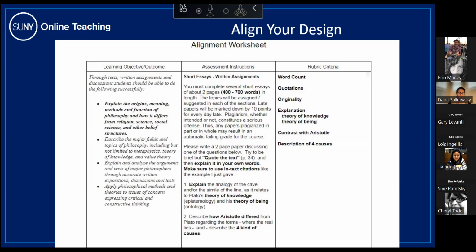This is an example of teasing out the learning objective and outcome, and looking at the wording very carefully, and then looking at the actual assessment instructions that are aimed at that learning objective, and not really evaluating the alignment at this point. Really what it is, is creating rubric criteria that align with both the assessment and the stated learning outcome. And so